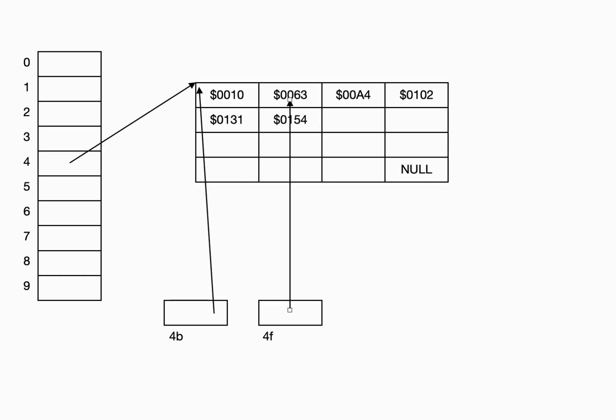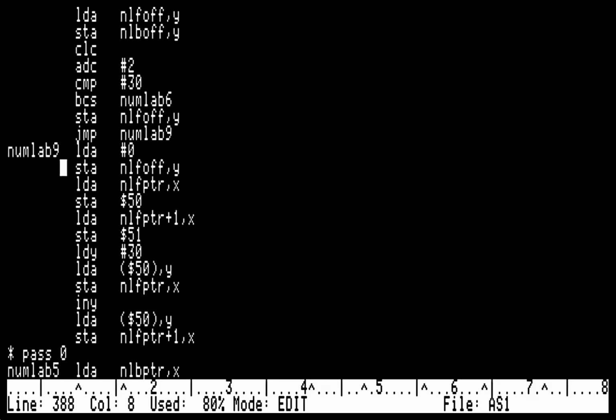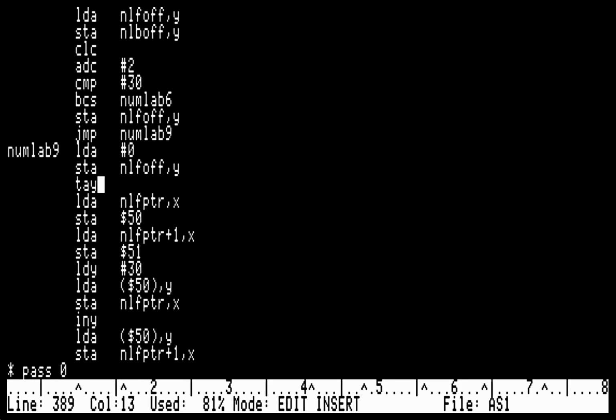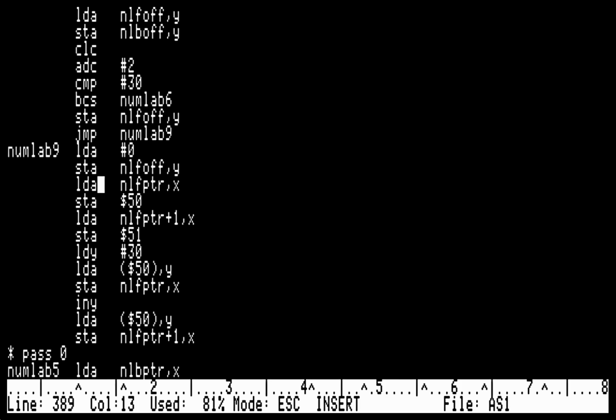So the offset will be 0. And then I will just move that 0 into Y, which is what I need down here. Oh, wait, no, I need Y30 in Y, and there it is. Okay, hang on. That can go away. Move 0 into Y, put 0 into the offset, then